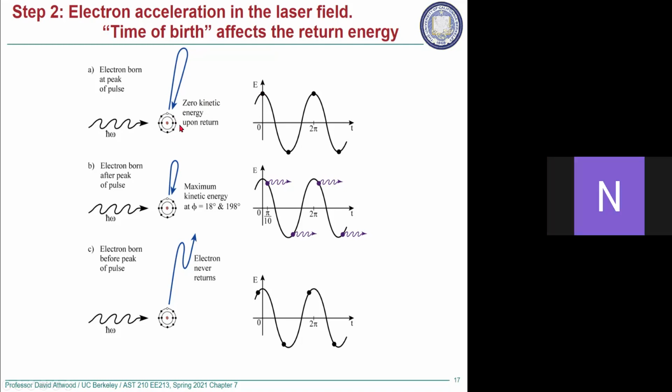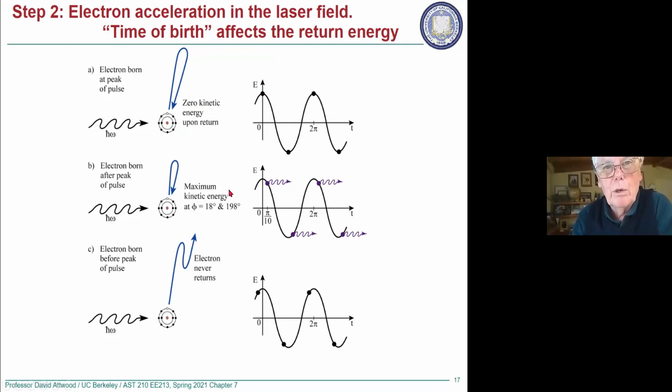Oh, okay. Thanks. Okay, so then the interesting case is for electrons born just after the peak. They get the maximum. And there are other choices. There could have been electrons that were born a little before this or a little after. They'll also come back with energy, but it won't be the maximum. So they won't contribute to the highest harmonics. The highest harmonics are going to get their energy from electrons that were born just at this time. But there's a lot of atoms there, and they're all being illuminated by the same pulse. And so there's going to be a lot of different harmonics produced, but the highest harmonics will only come from